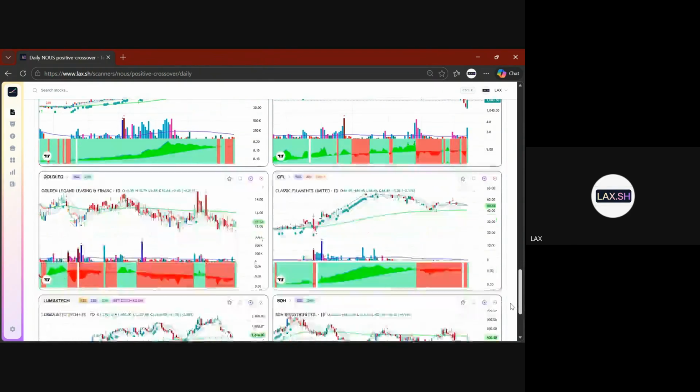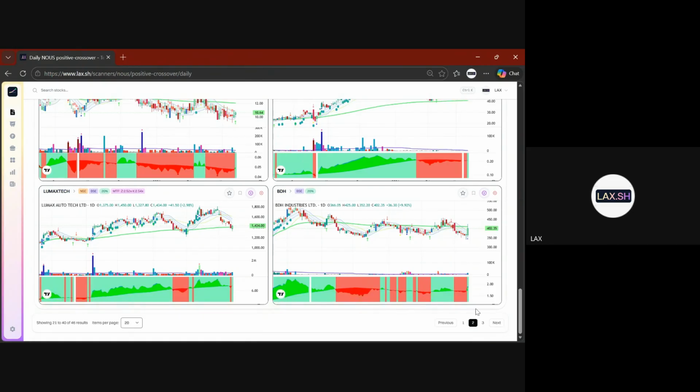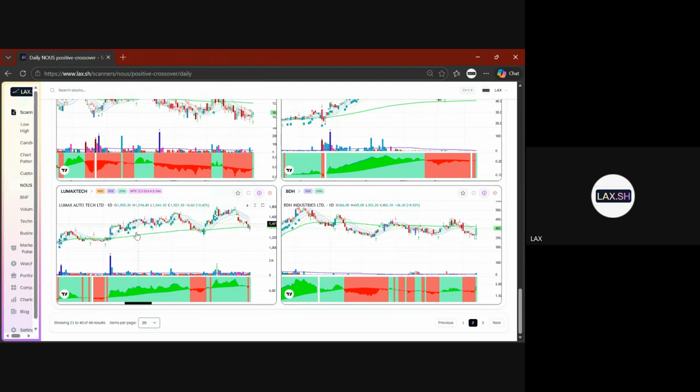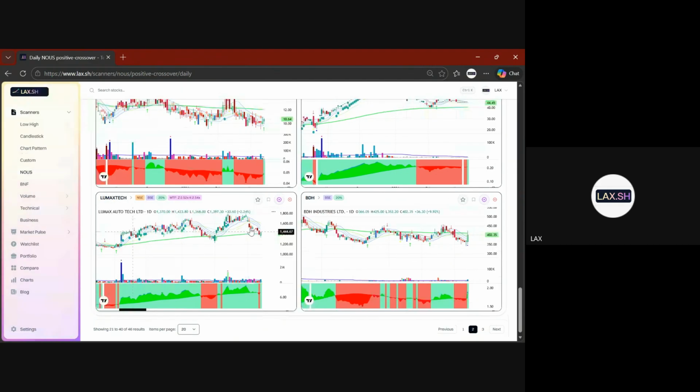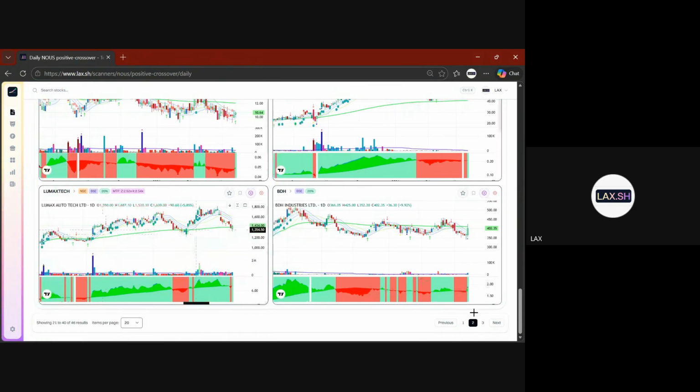Tata Consumer Products. Nomex Auto. Okay, this looks nice because they've been growing well. Auto ancillary, at GL, green candle. Okay, so if there is some little more bounce, probably this will be a good opportunity because you are getting the prices which were there many months back, and in between they have reported really great numbers. So the valuation has compressed. Okay, so that way it is really great, right?